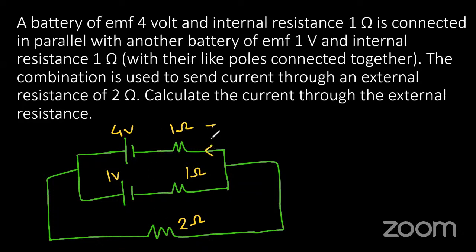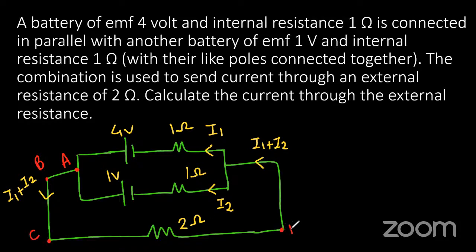So let's take यहाँ से I1 is current flow, यहाँ से I2 is current flow, यहाँ से दोनों का कॉम्बिनेशन, that is I1 plus I2. यहाँ पे भी दोनों का कॉम्बिनेशन I1 plus I2. तो मेरे पास कितने लूप्स है? मेरे पास 2 लूप है, that is first one and second one. So let's give the names, यहां से स्टार्ट करते हैं, this point is A because name is required. तो यहां से अगर स्टार्ट किया A, so this will become B, this will become C, ये होगा D, ये होगा E, ये होगा F. ऊपर जाओ ना तो नीचे आओ, let's take G, H, तो यहाँ पे I, यहाँ पे